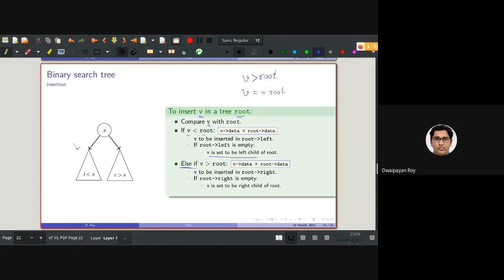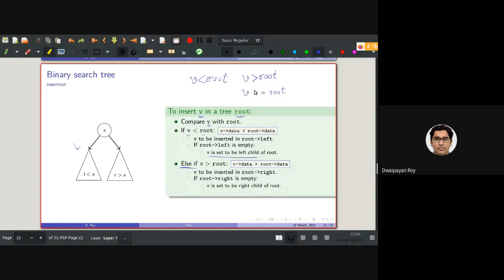You can see that from the very beginning when I started discussing, I was only considering these two conditions: whether V is less than root or V is greater than root. But I have never mentioned the case when the node is the same as the root data.